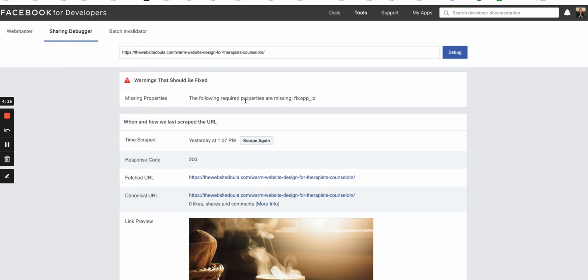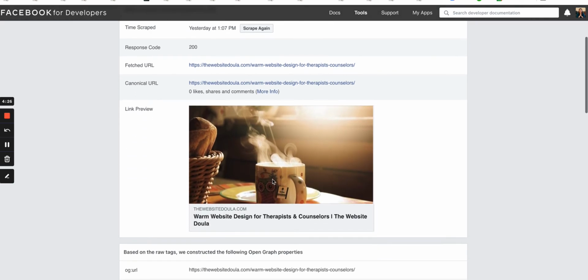But if you have never shared this post, you're going to get a message first saying, hey, you've never shared this. Do you want me to fetch new information? You're going to say, yes, please. And then after a few moments, you're going to see pop up down below here, whatever featured image Facebook perceives is the right one to show for your blog post, as well as whatever you've set as the page title